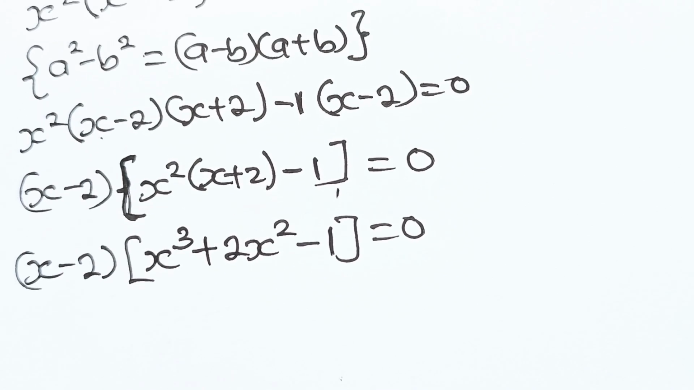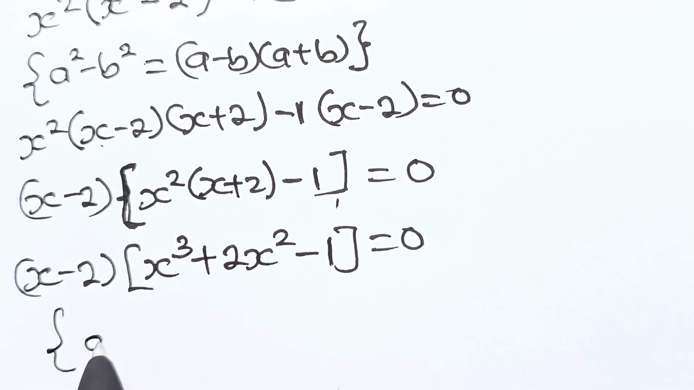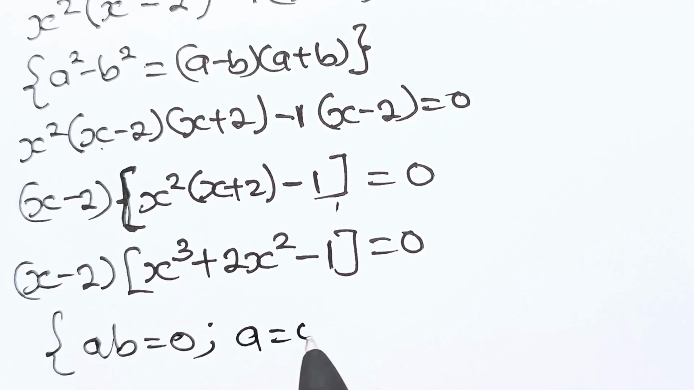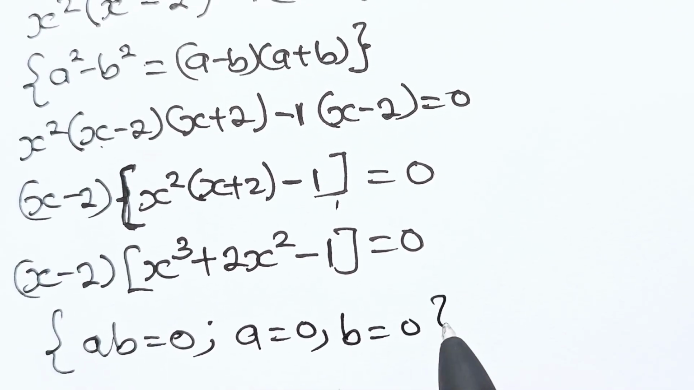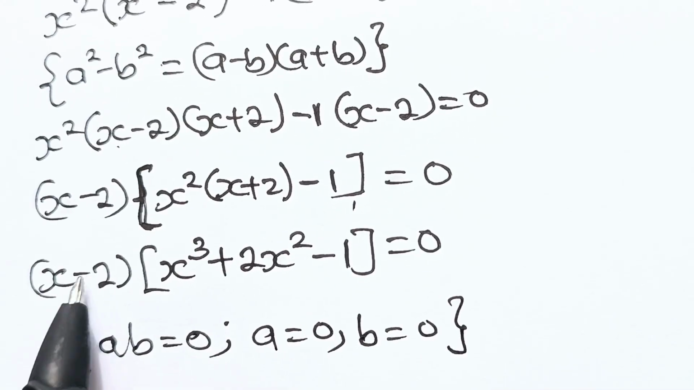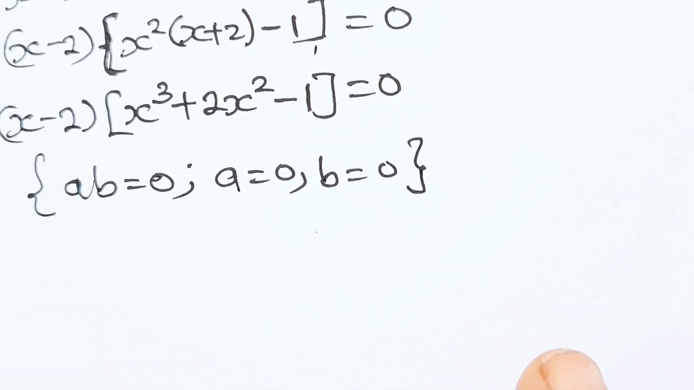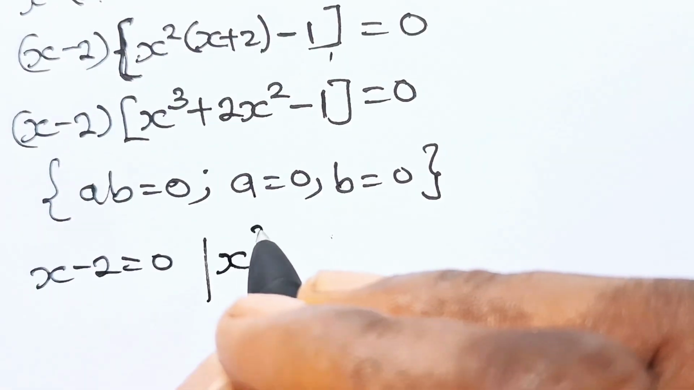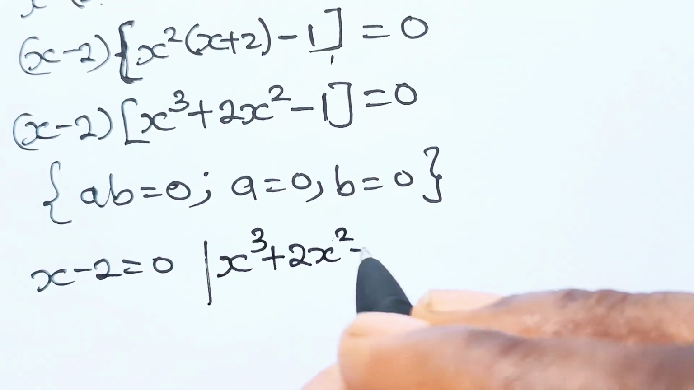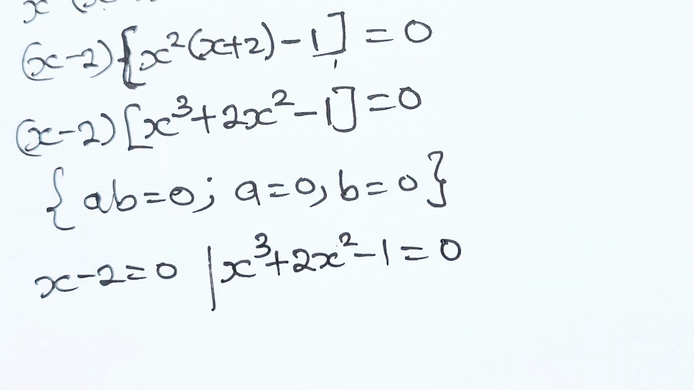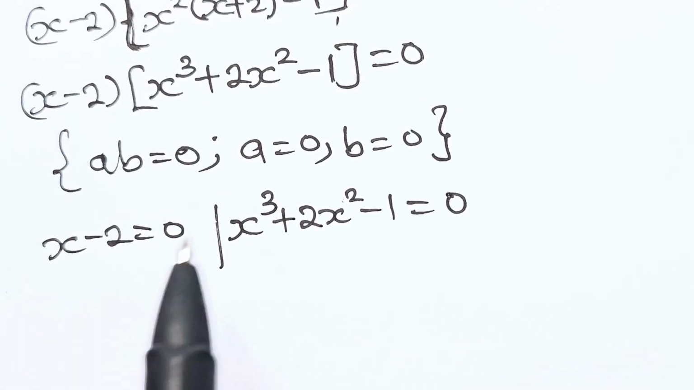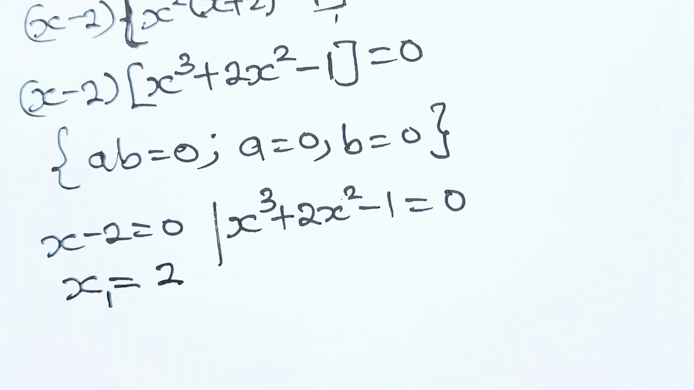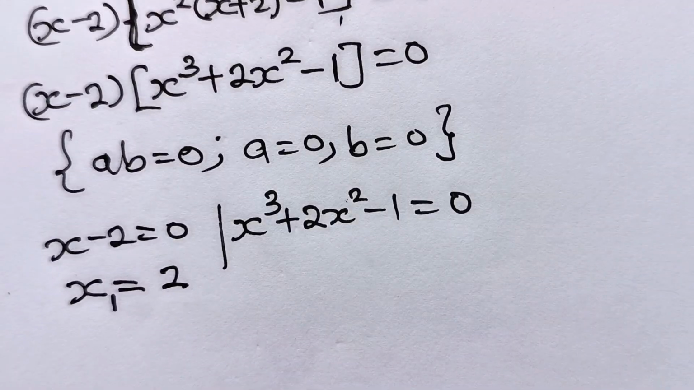Thank you very much. So remember that if AB is equal to 0, it simply means that either A is 0 or B is 0. So that means we can say that x minus 2 is 0, or x to the power of 3 plus 2x squared minus 1 is 0. So for the left hand side, we can say that x is equal to 2. That is the first value of our x. And